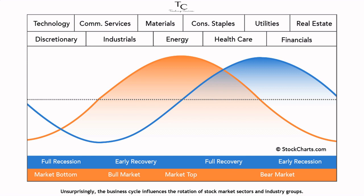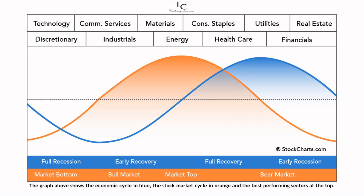Unsurprisingly, the business cycle influences the rotation of stock market sectors and industry groups. Certain sectors perform better than others during specific phases of the business cycle. Knowing the stage of the business cycle can help investors position themselves in the right sectors and avoid the wrong ones. The graph above shows the economic cycle in blue, the stock market cycle in orange, and the best performing